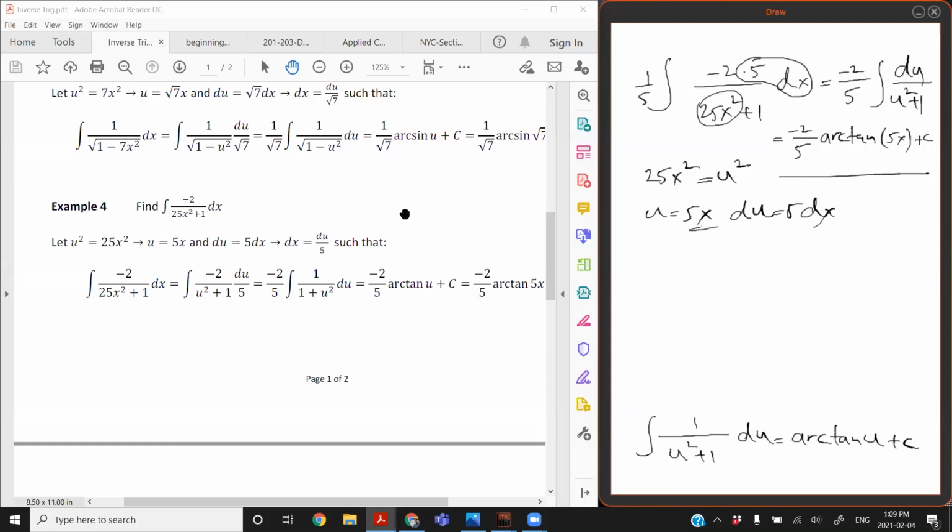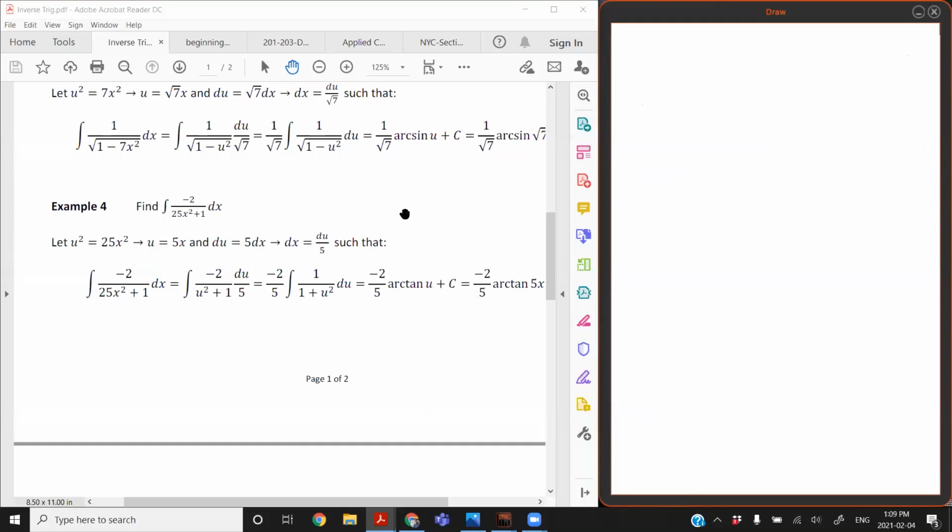I just want to do one more example with arctan. This one is going to be a parametric one. I'm just using parameters: what happens if you have x squared plus a squared at the bottom? What do you do with that? So imagine you have something like this. You have dx, at the bottom you have x squared plus 4. How do you solve this? Generally,